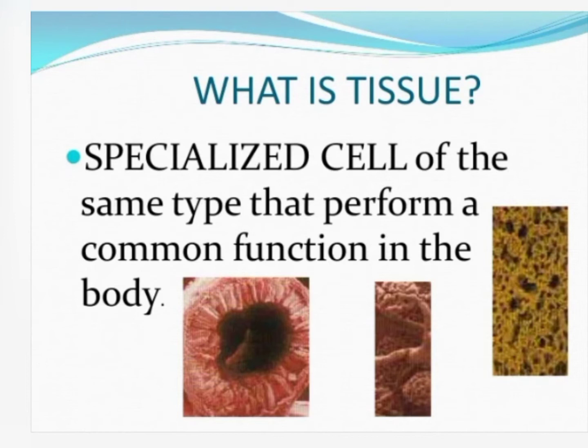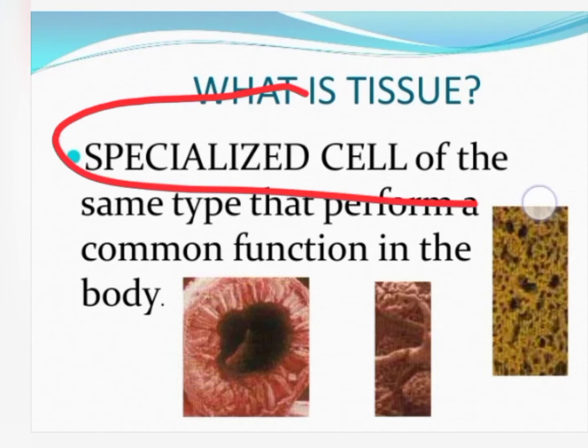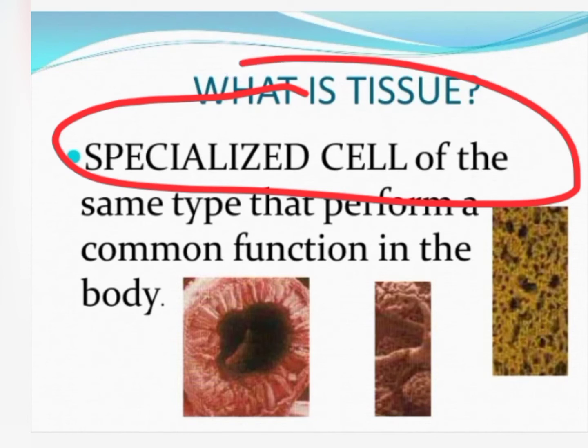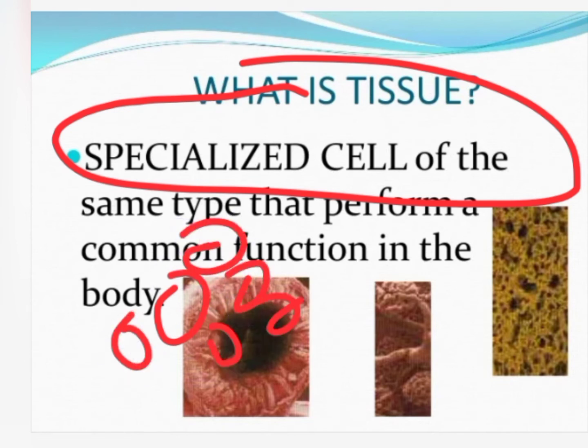If I'm told to define tissues, I would say that tissues are specialized cells of the same type that perform a common function in the body. So we can say that a group of cells of similar or different types having a common origin and specialized to perform a particular function is called a tissue. Getting my point? I repeat, a group of cells. This is a cell, so we are talking about a group of cells right here. A group of cells of similar or different type having a common origin and specialized to perform a particular function is known as a tissue.